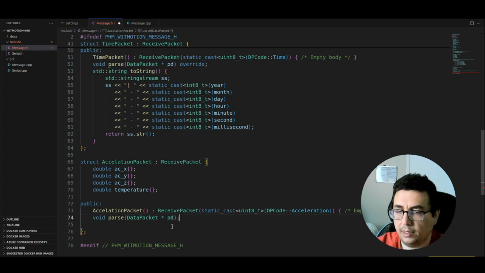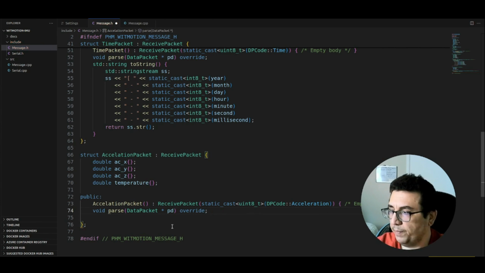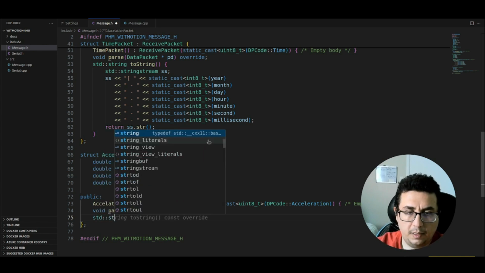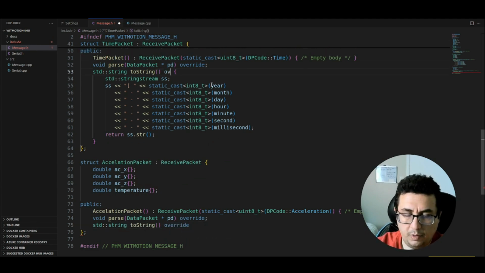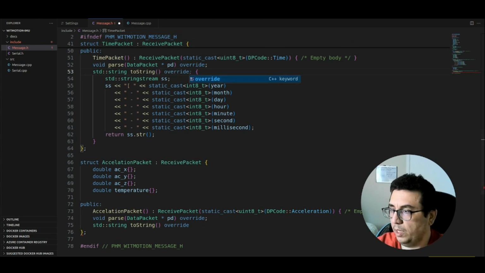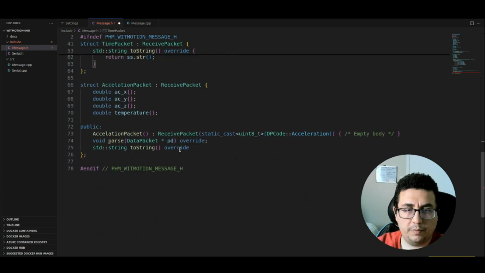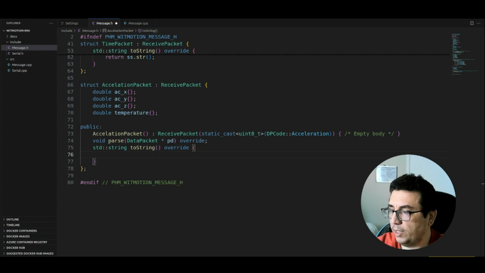Yeah. And later, since it's override, we add the override flag here. And the last part would be the string one. Yes, I didn't write override for this one, so I'm going to use that. It's better, it's more readable. Perfect. And for the accelerometer, let's just